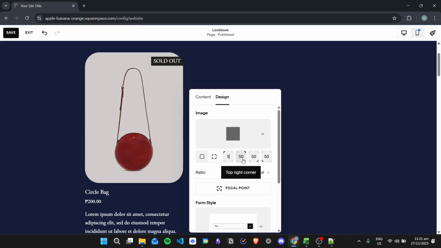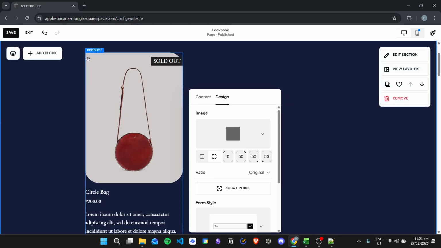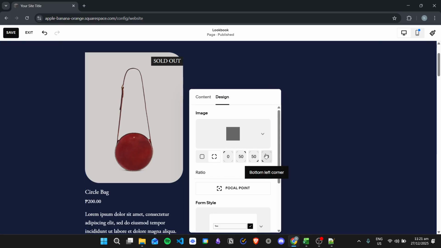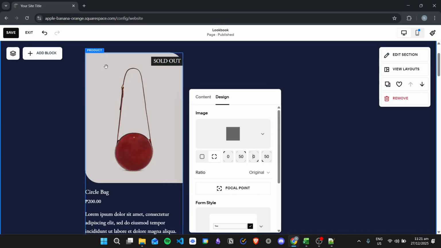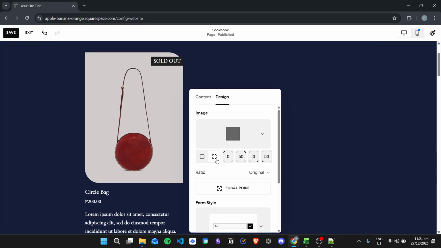We can change the top left corner to be 0 so that it is a straight edge. And then we can also edit the bottom right corner to 0 so that it is a straight edge. So you can go ahead and customize the corners right here according to your preference. But I'll just use this one so that they have a standard